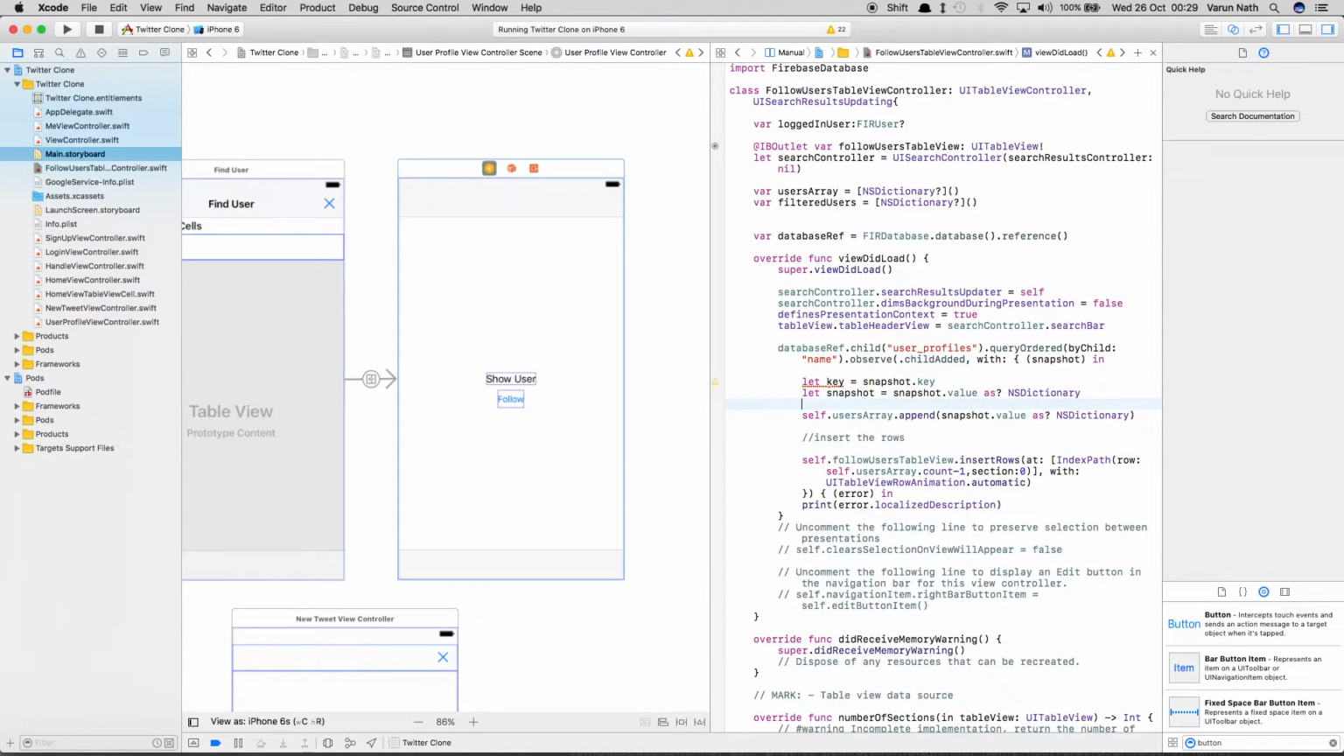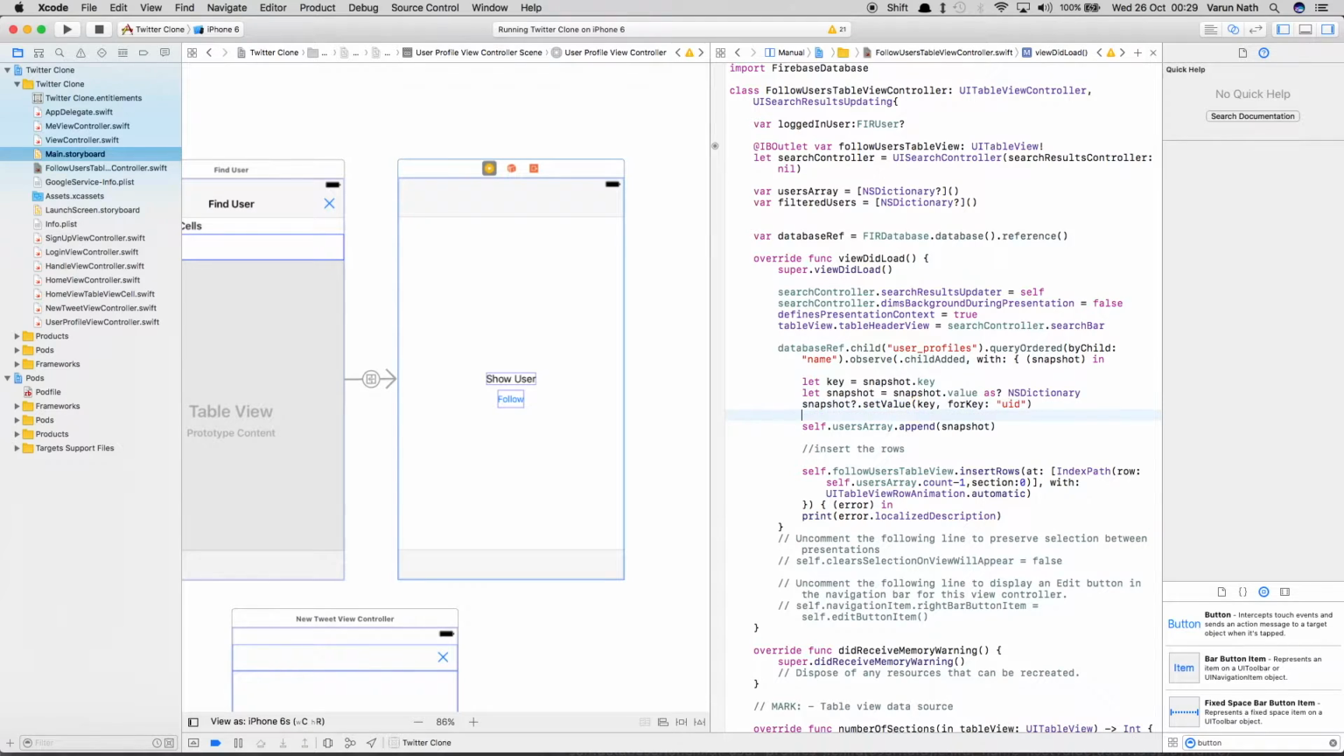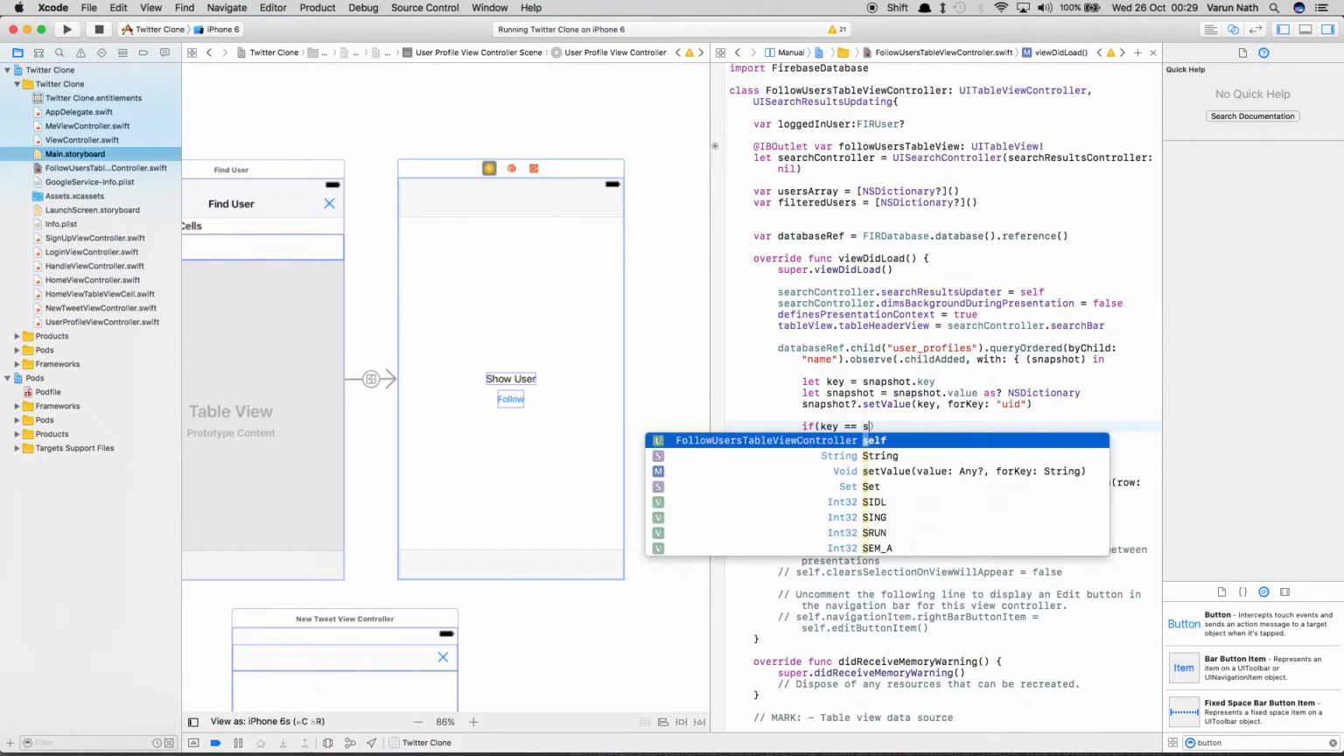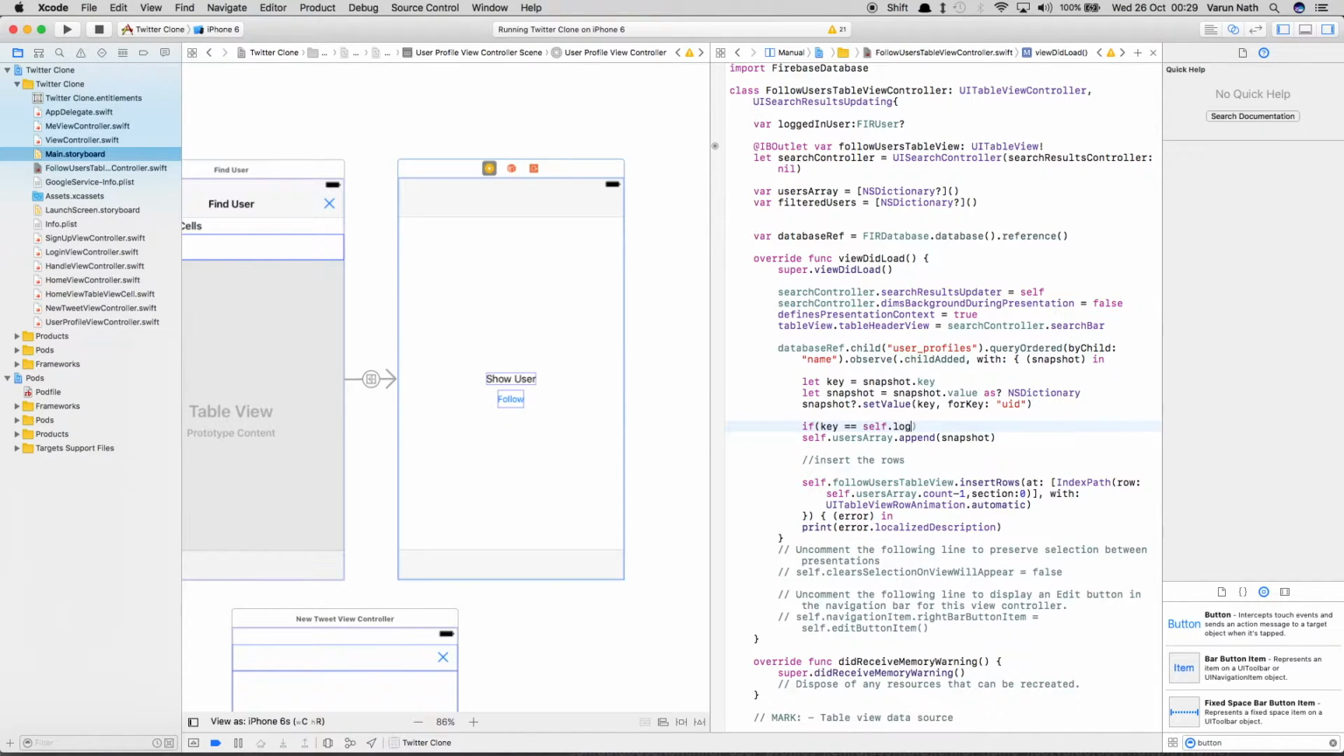And before we put that inside, we'll say snapshot.setValue, and we'll say key for UID, which will be UID. And over here, we'll replace this by just snapshot. Also, we'll do another check over here. We'll say if key is equal to self.loggedInUser.UID,